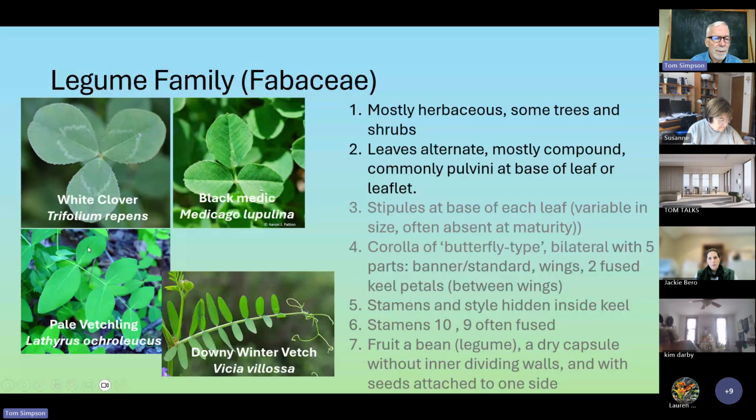White clover has a somewhat larger head of white flowers, still small. The pale vetchling is compound. These are sort of three compound leaves. Here are pinnately compound leaves and vetch, a number of different vetches in our area. Pale vetchling, different genus, but also has a compound leaf. But you can get